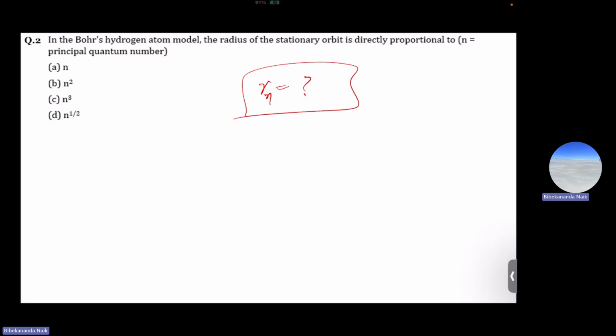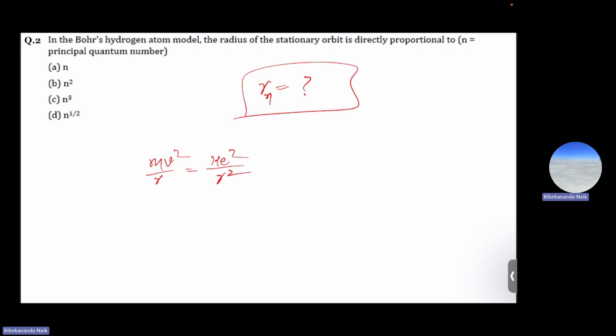So we know, like I was discussing about Bohr's model of hydrogen atom at the beginning of today's interaction session. The Bohr's model of hydrogen atom, the derivation is based on balancing the two forces, that is centripetal force and electrostatic force. So the centripetal force is mv square by r, and the electrostatic force is k e square by